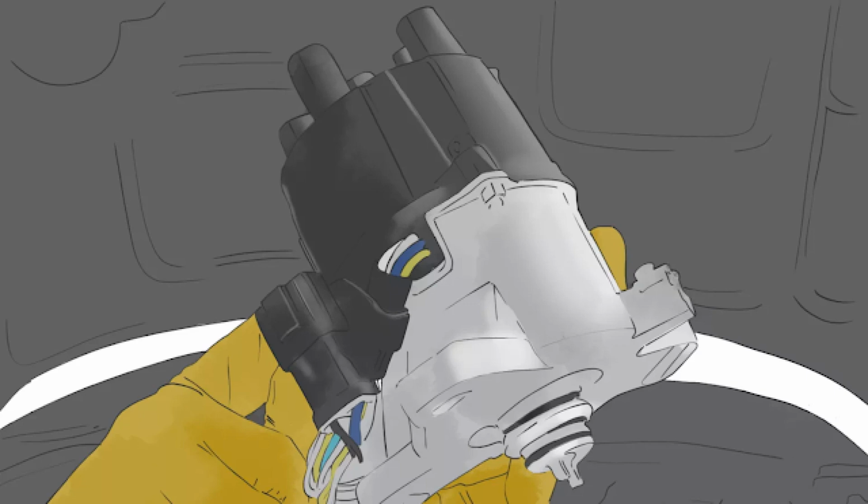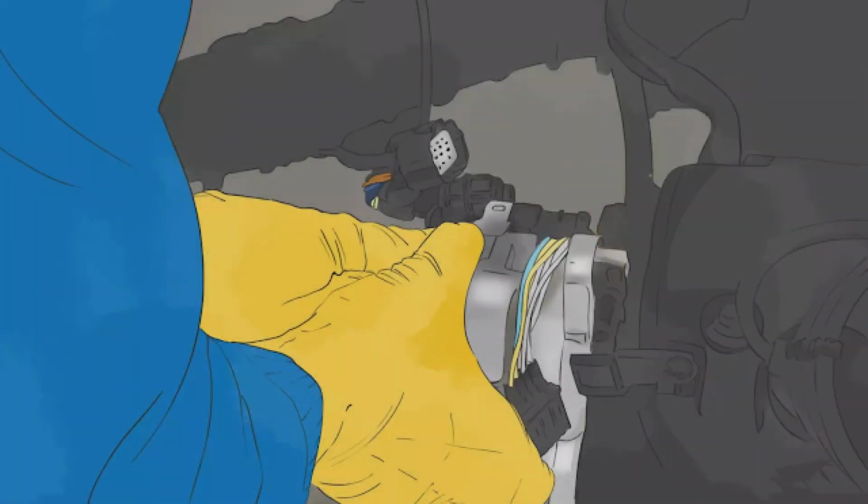In most cases, the car's distributor also contains a trigger mechanism, usually a pickup coil, which monitors the distributor's rotation. The mechanism sends a signal to the engine control module or to the ignition control module. In some cases, the ignition module may also be located inside the distributor. The module uses information from the trigger mechanism, together with data from other engine sensors, to determine when to fire the spark plugs. To do the job, the module interrupts the current in the coil's